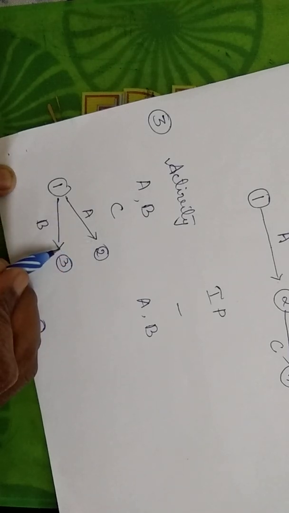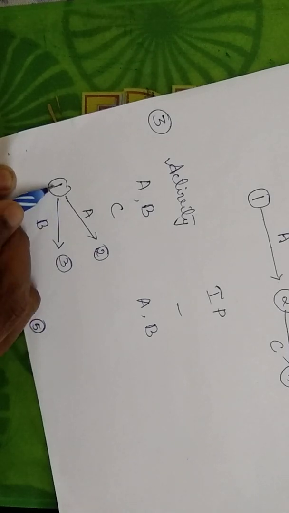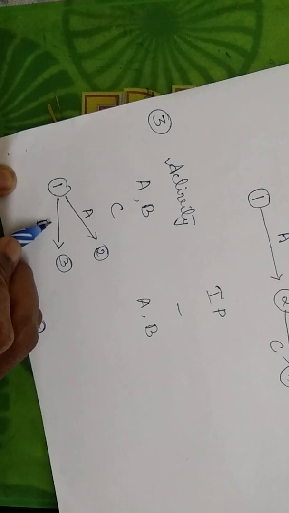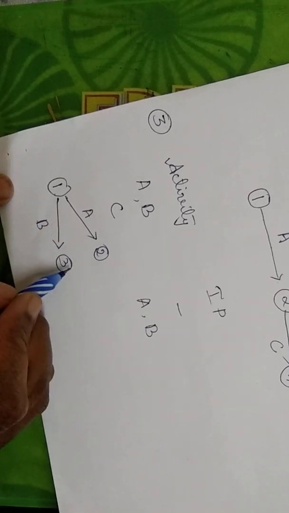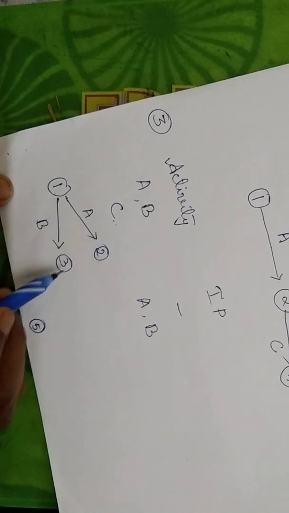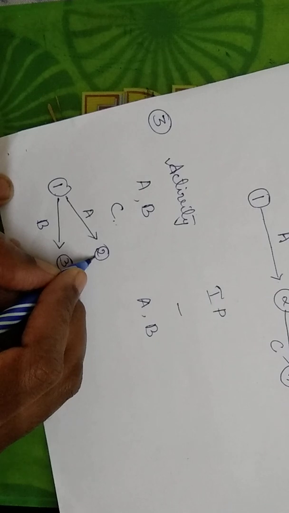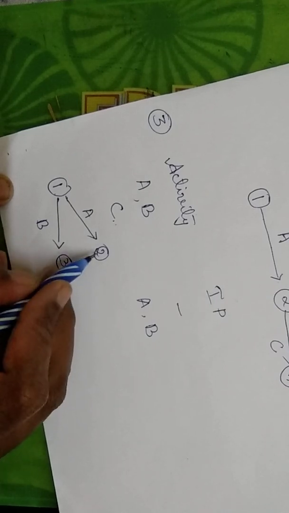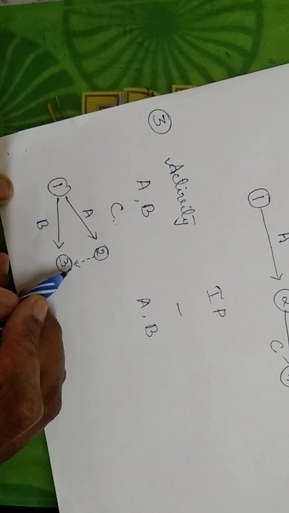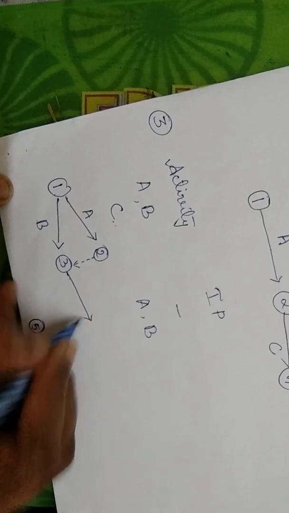This is how I have drawn the diagram, right? We start the network diagram where we don't have an immediate predecessor. This is a starting point where you have to complete both the activities. Now after completing A and B, you have activity C to be done. I cannot go ahead with C unless both are completed, so I can draw a dummy line like this. It doesn't require any resources, time or whatever.